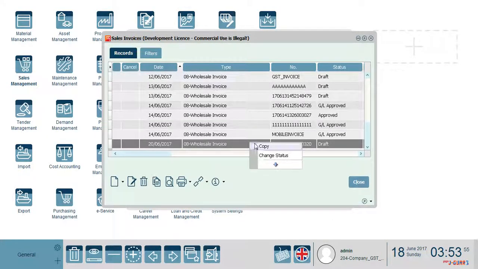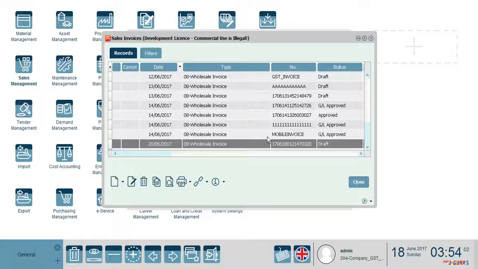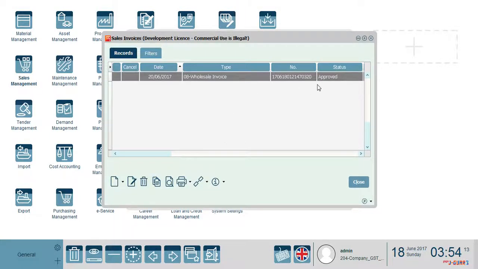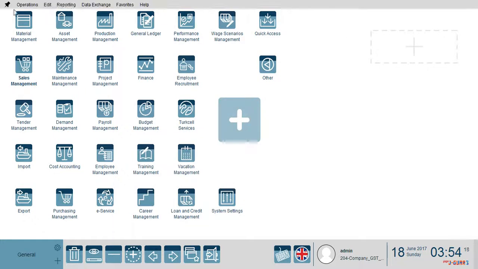So change the status of this wholesale invoice to the approved state. So click on OK. So now the status changed to approved. So then click close, and we have to start the costing calculations by going to material management,